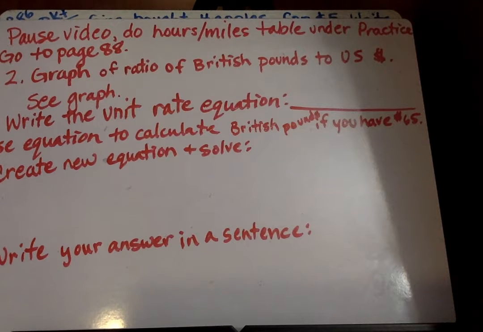Okay, and go on to page 88. Oh, this is a video question. The graph shows ratios of British pounds to US dollars. Use the graph to find how many British pounds you would have for any amount of dollars. Okay, so if you have the graph there,